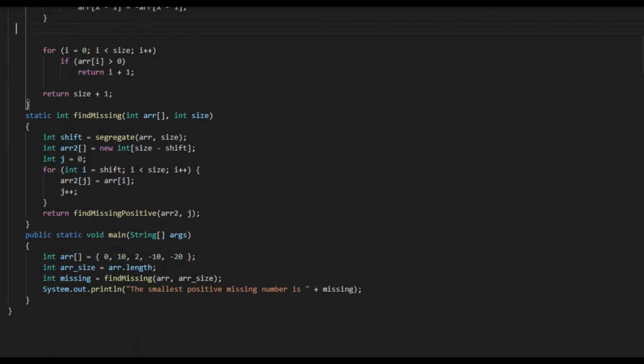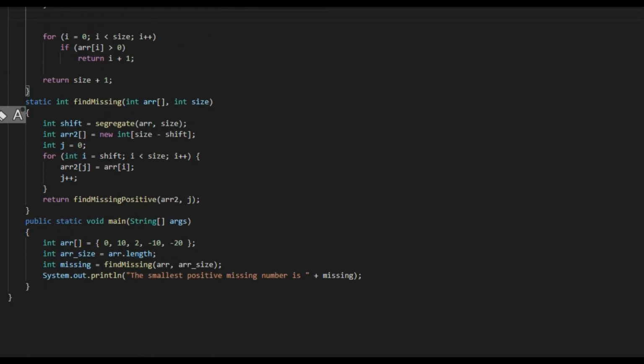Now we are here. In this shift variable, what we have is 2. As we have already seen, we have returned j from the previous function and shift will contain 2 here. Also, our array is now segregated and it consists of -2, -6, 2, 1 and 5. That means all negative numbers are segregated from positive numbers.